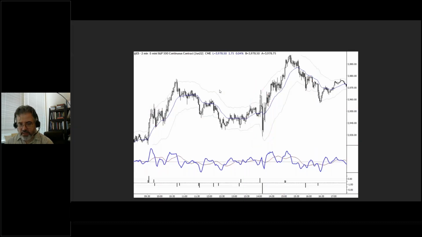Do pullbacks always slope? No, they don't. But I'll tell you one thing to be a little bit careful of, and I think I can write on the screen here. One thing you do want to be careful of is a pullback that slopes in the direction of the trend. So let's say you have a successful trade, and then you have something that goes into a pullback, but it goes this way. Now, if the pullback is flat, it's fine. But what I have found is, if it bleeds in the direction of the trend,